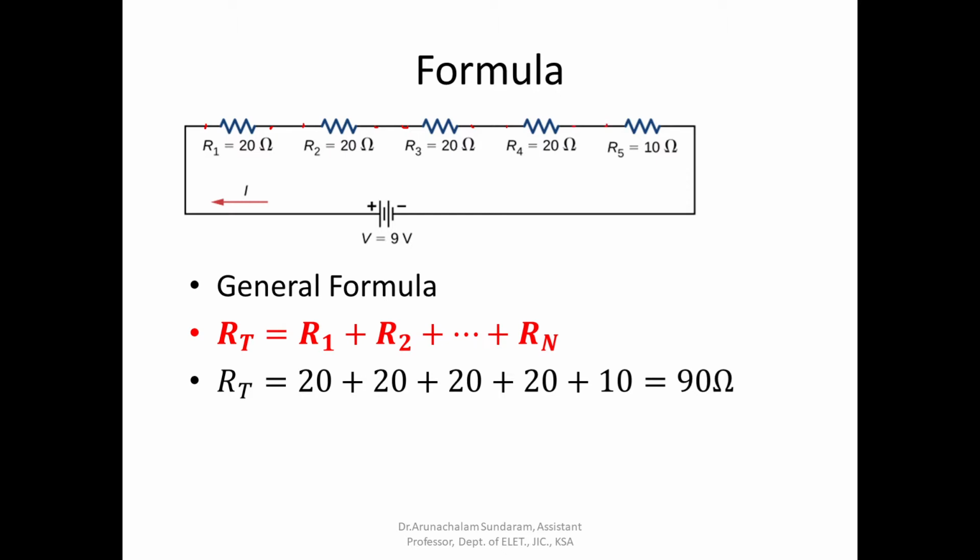If you mark the terminals, then you can clearly understand that, because the current is entering the resistor at this particular point, this becomes the starting point and this is the ending point. The end point of one resistor is connected to the starting point of the other resistor. So if resistors are connected in this particular configuration, we say the resistors are connected in series. So the formula is the total resistance RT.